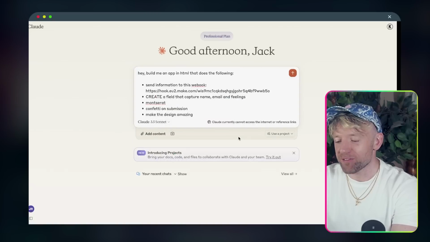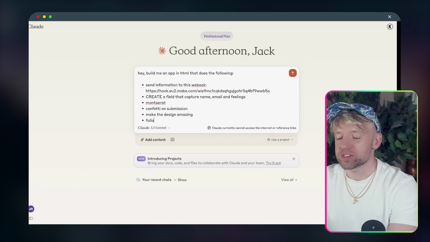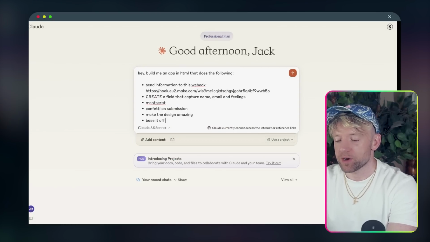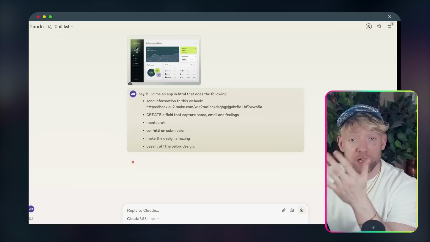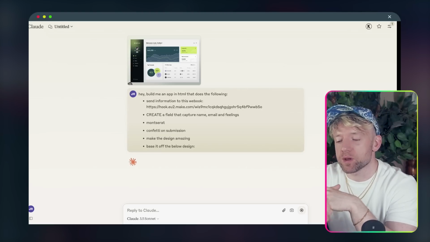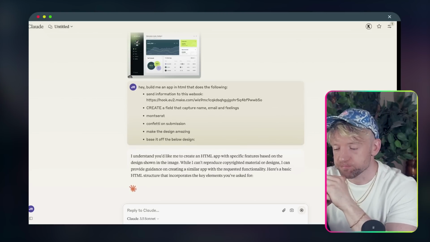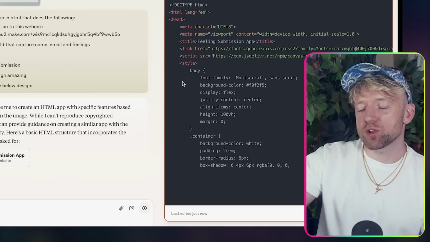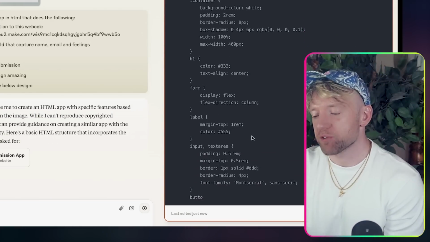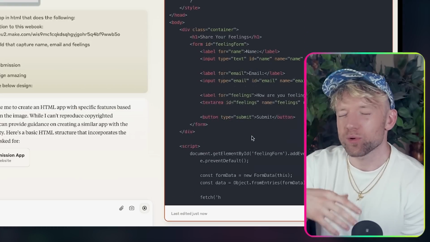So I copy that. I come back over to Claude. I'll say, base it off the below design, and then hit enter. Claude will basically develop for us a bespoke web application code without using any specific code, which is awesome. So Claude is generating. One little tidbit I will say is if Claude is misbehaving, which it has been doing very recently, just use ChatGPT. It's absolutely fine. Sometimes Claude gets a little bit